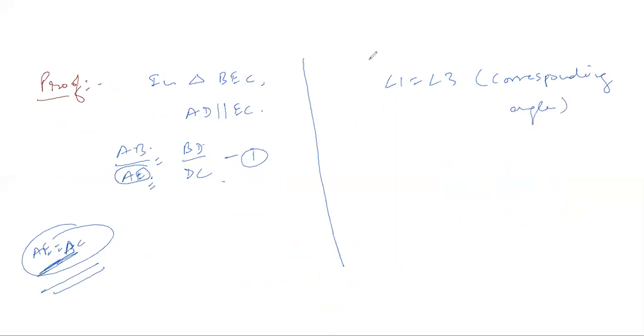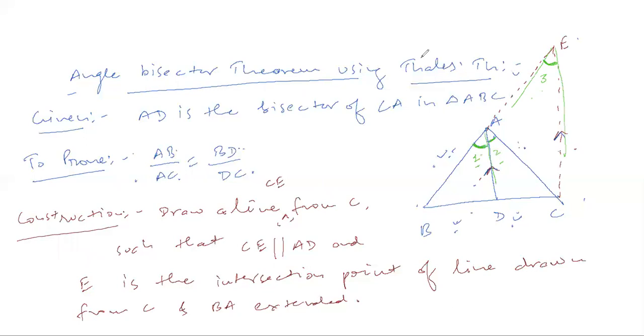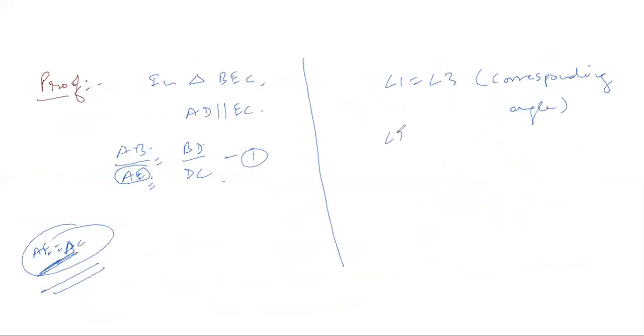In the same way, go back to the figure again. This angle, choose a different color now. This angle 2 will be equal to this angle, because same thing again, this side and this side, these two sides are parallel. So you can see it is forming this kind of a structure. That means this angle is equal to this, and the reason is that both of them are alternate angles. Let's take it as angle number 4. So now we can write here that angle 2 will be equals to angle 4, and the reason is that they are alternate angles. I'm not going very deep into how we can prove this, because we are all aware of these things already.